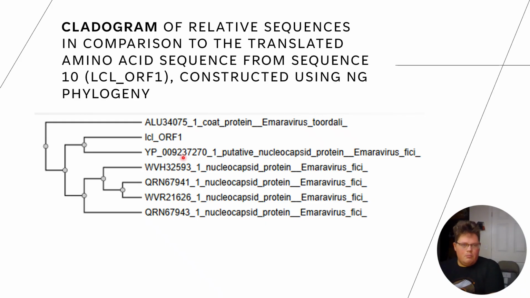Then I ran the translated amino acid sequence and all of the different related sequences from my BLAST-P and BLAST-X analysis, and I was able to create a cladogram using NGPhylogeny. Now, from this, we can see that our translated sequence of sequence 10 is very closely related to this one right here,